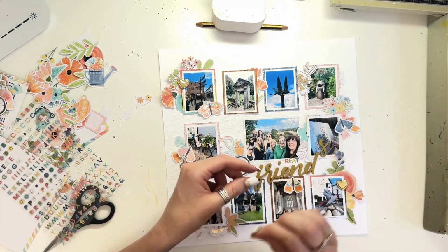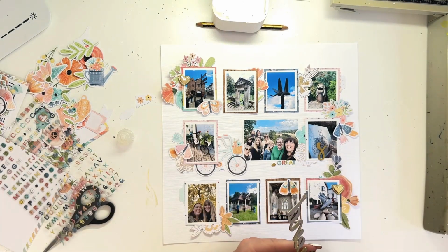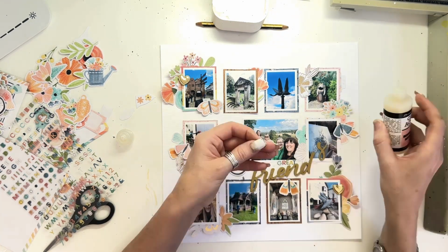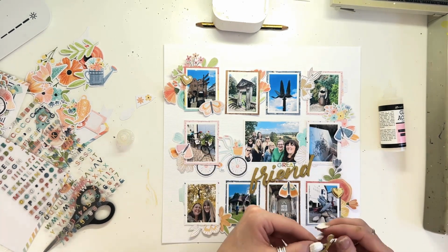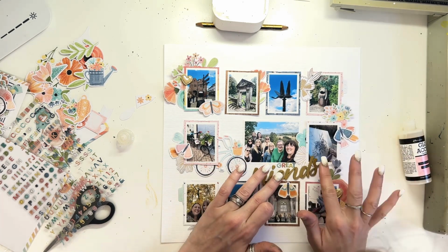I've got some little page tabs from the sticker sheet. And those lovely little gold puffy hearts, I really love those. They just add that pop of gold to your page, and especially they go really well with my title, which obviously I've painted gold. So you can see I've just added my title, friends, and I've also added the